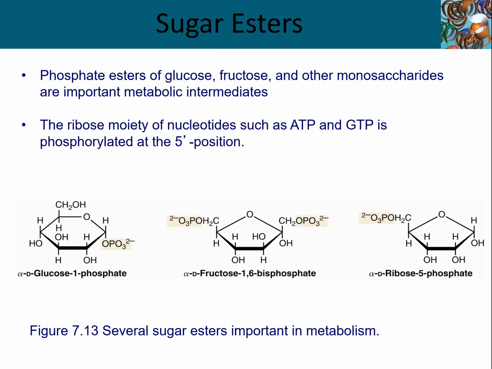Sugar esters. We have our phosphate modified sugars. These are really important for energetics, incredibly important for activating these positions to be superior leaving groups. So when we talk about the bioenergetics of primary metabolism and the rationale for why we would add phosphates to these sugars, we'll get into that next semester in gruesome detail. However, our glucose 1-phosphates and fructose 1,6-bisphosphates especially are important in terms of metabolic compounds in primary metabolism.